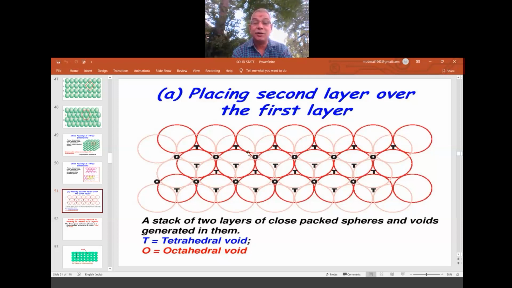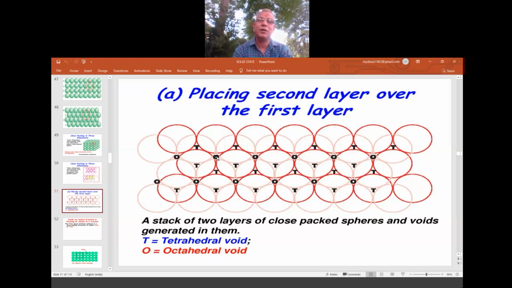That means you have to cover. Whenever you keep the second layer over the first layer, you have to keep in this way only so that tetrahedral voids are covered. I am covering the tetrahedral void with this sphere. Now imagine only one layer, that is the first layer. You see the size of the void here is bigger. But by keeping the second layer over the first layer, now the space becomes narrow. Less gap is there, so the octahedral void is becoming less. So in that way you have to arrange.